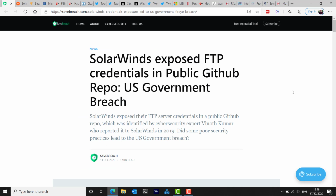SaveBreach.com reported on what may have been the way in for the cyber gang who carried out this attack. So while Microsoft weren't sure how the code got injected and put into the development chain, Vinod Kumar shared online that he had apparently gotten access to a SolarWinds FTP server on the 19th of November 2019 through FTP credentials leaked in a SolarWinds public GitHub repository. He tweeted on the news of this attack about a weak password he had discovered at the time. Now, the weak password is solarwinds123, and that has been confirmed by multiple news outlets now. Vinod confirmed that the FTP credentials SolarWinds leaked had write access by uploading a test file to a vulnerable FTP server,